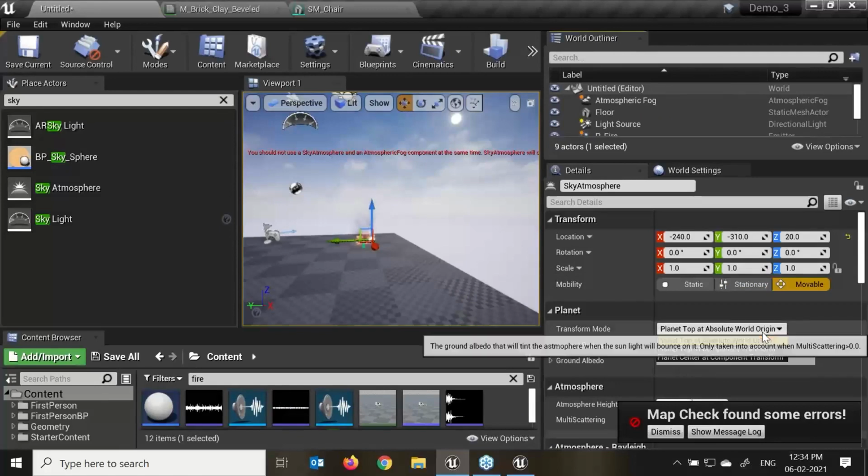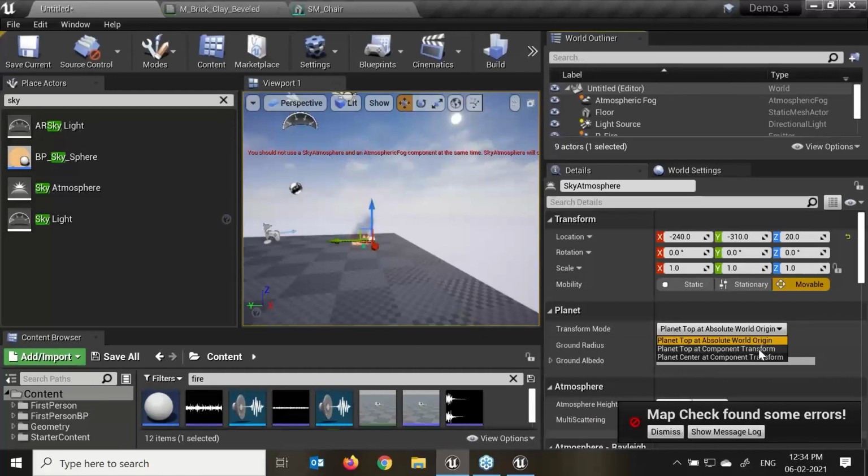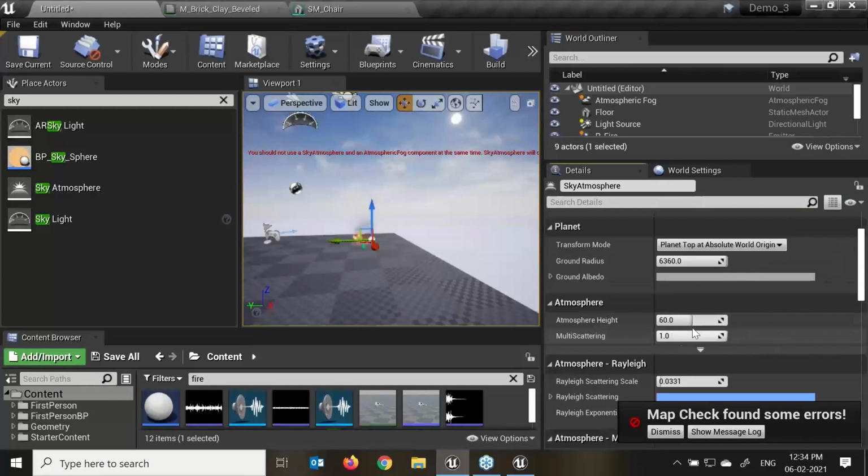So we have transform, placed on the top, placed on the component transform. We will select absolute world origin, right? We will not use the other option as of now, because I want it to go into the absolute world direction. We don't particularly require it for the component. So we have the atmospheric height and width, light again.